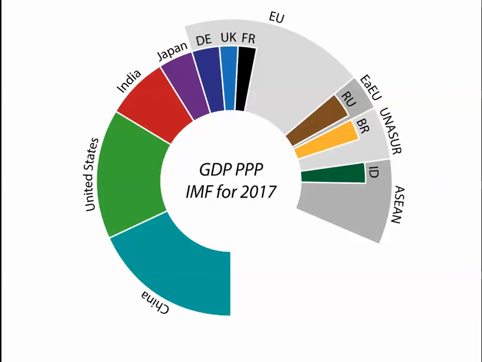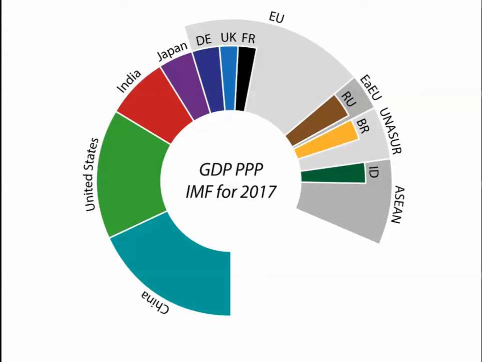Now that PPP you see after this is purchasing power parity. And that essentially is kind of what we call a hamburger means. That means that we look at not only what a country produces in dollars, but we look at what those dollars actually can buy. And so that's what we mean by purchasing power parity. And what you'll notice here is that when we look at GDP at a global scale, the United States and China are at the top.